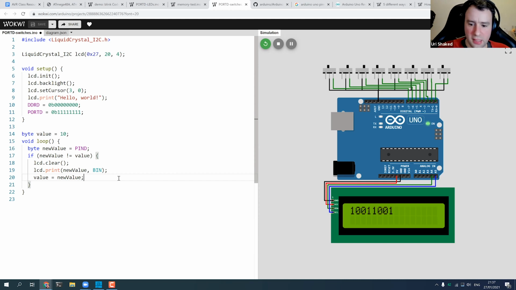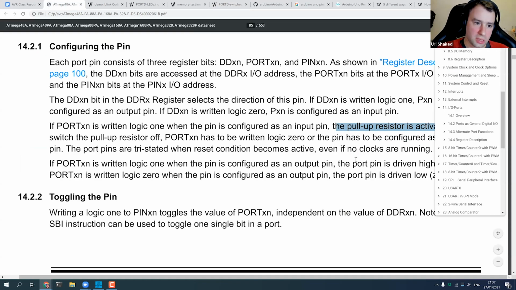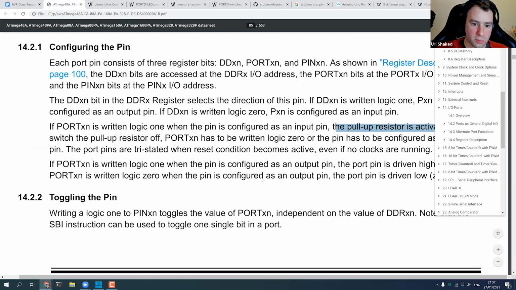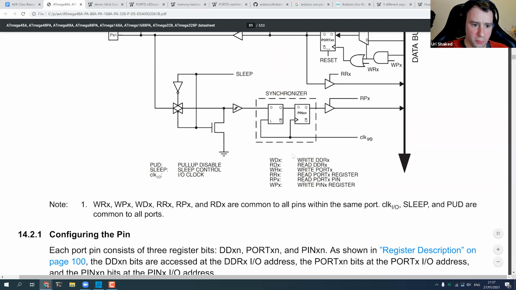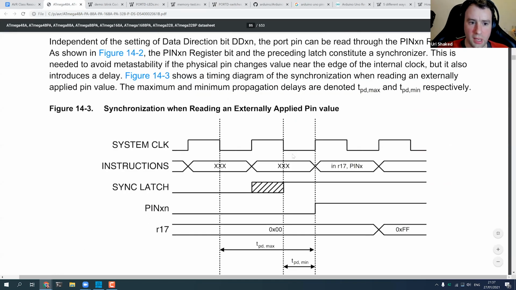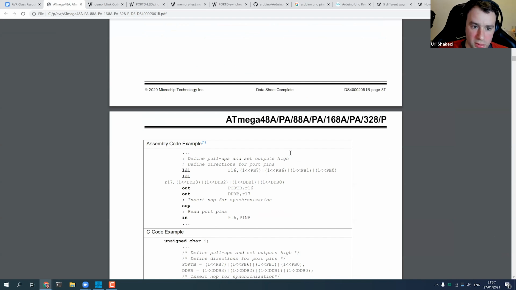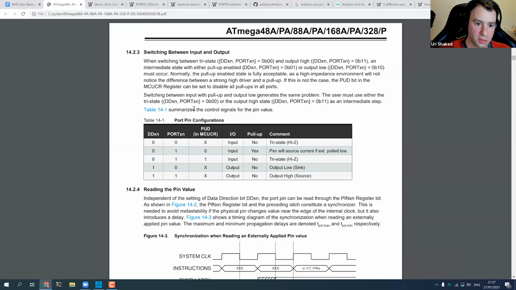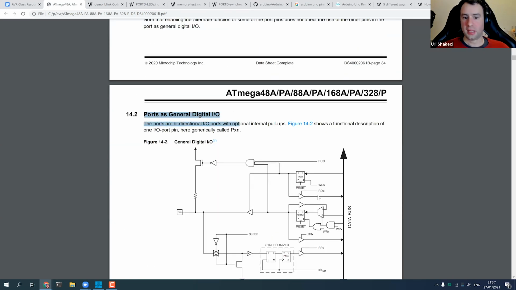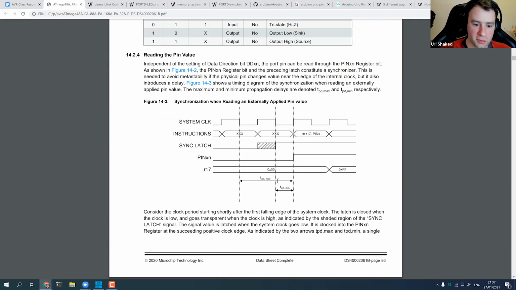Okay, so that was a quick tour of the GPIO registers. And what I want you to take away from here is not just that we now know how to work with those registers, but I want you to start getting comfortable with reading this data sheet. And it takes time. I mean, I knew where to look because I read it before. What I usually do is read the entire section once, then look at the registers. Only then I start to go back and forth like I did now.